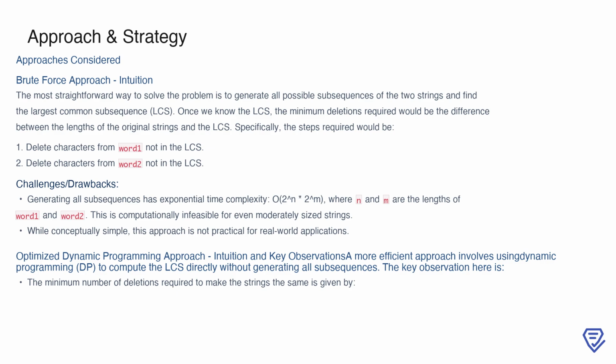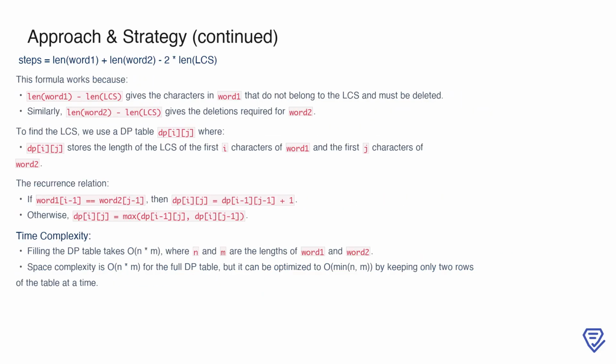To address this, we turn to a more optimized approach using dynamic programming. The optimized dynamic programming approach allows us to compute the LCS directly, bypassing the need to generate all subsequences. The key insight here is that the minimum deletions required can be derived from the formula: steps = len(word1) + len(word2) - 2 * len(LCS). This works because the difference len(word1) - len(LCS) tells us how many characters from word1 need to be deleted,